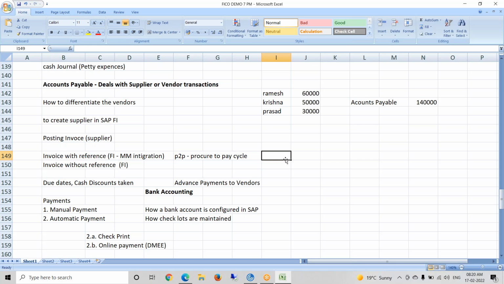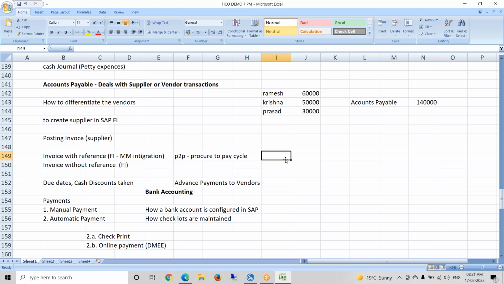Okay, suppose GR is received, and assume no automation happened. What is the next entry? That goods receipt pink slip you have to carry to the accounting department and update in the ledger that we received material. If it is not automated, the goods inward amount is debited to an invoice pending account or invoice clearing account, and like this we have to execute the transaction manually.